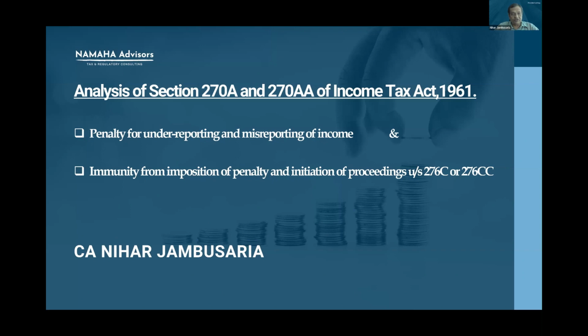There are so many defaults. But the most important one, which I consider is concerning our members as well as the taxpayers, is the penalty for underreporting of income or underreporting of income in consequence of misreporting of income. So I thought in today's session, I will cover Section 270A dealing with penalty for underreporting and penalty for underreporting in consequence of misreporting.